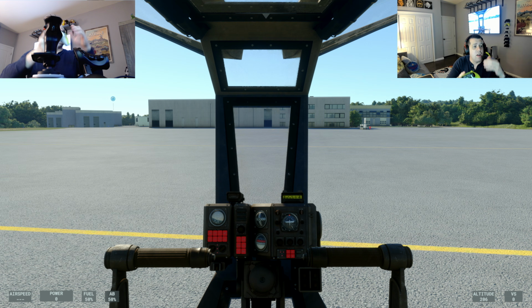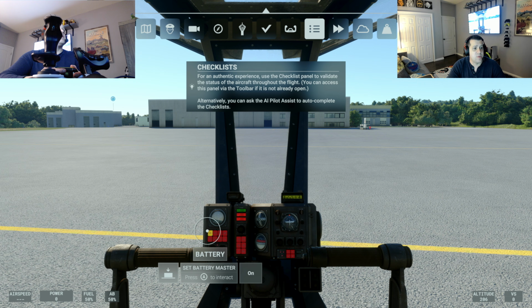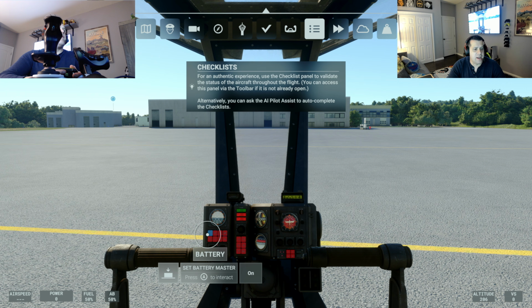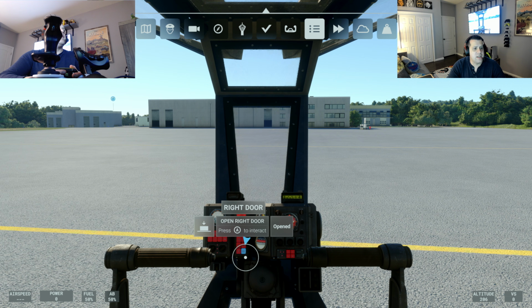All right. First thing we want to do is get this aircraft ready to fly. So what you need to do here is do a couple of things. First, you need to find the battery and switch it on. Fuel valve on, alternator on, avionics master on, which will bring up your systems. If you're flying at night, panel lights, landing lights, all these various dome lights, etc. So now that the battery is on, the fuel valve is on, alternator is on, avionics master is on, we